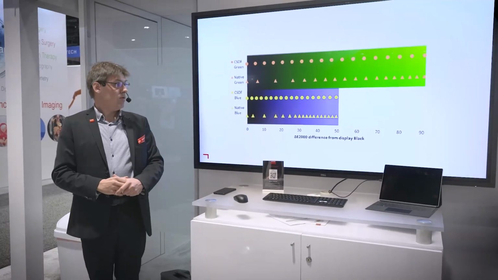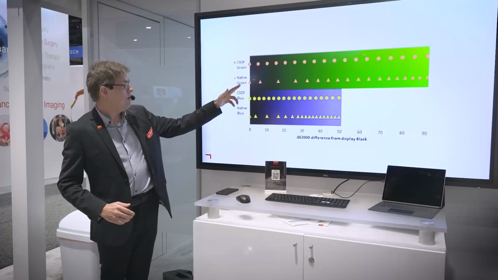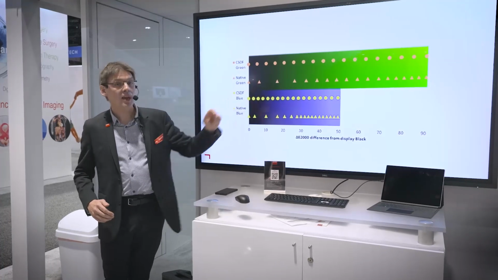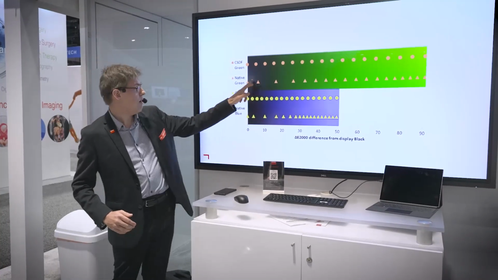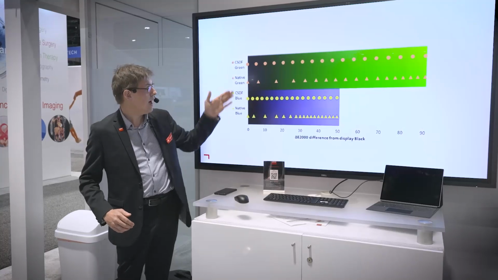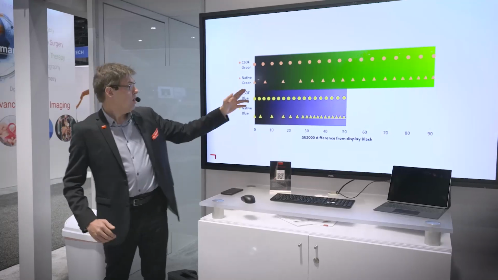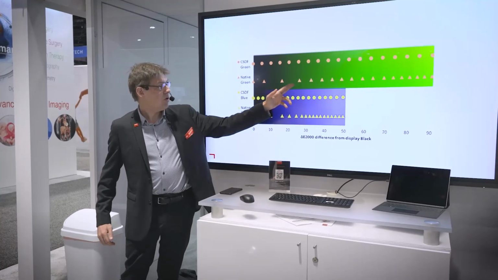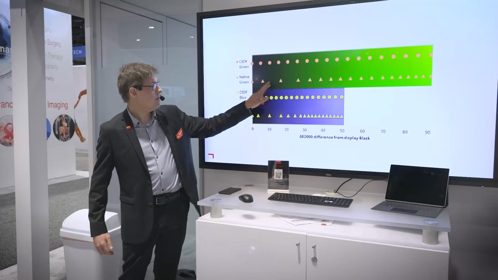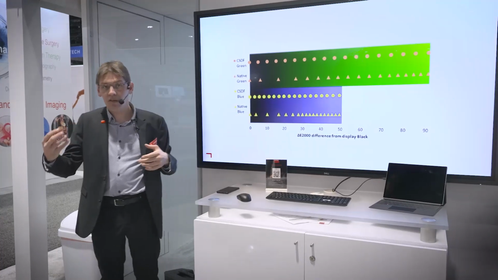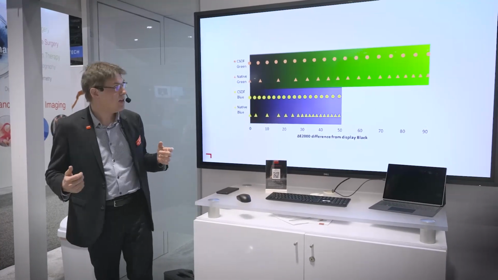So practically, the way we do that is, we start from the native behavior of the display system. Take, for example, the green line in the color gamut, so going from black to fully green. If it's not calibrated, that's what you have here. And you see that the distance between the consecutive shades of green is not the same.